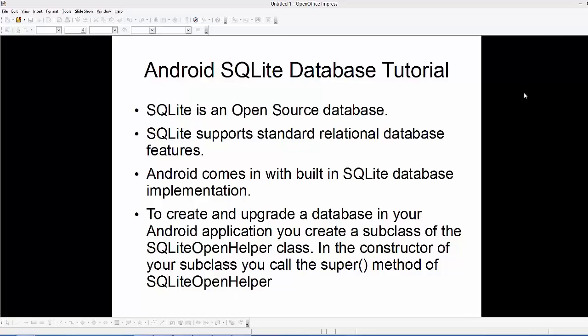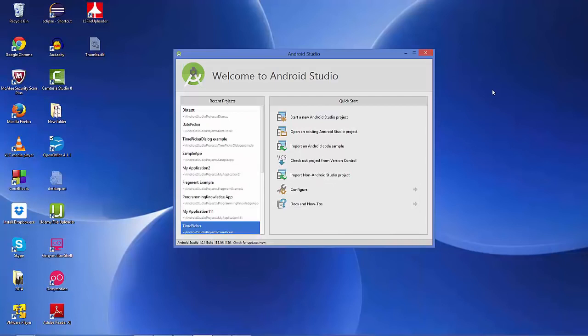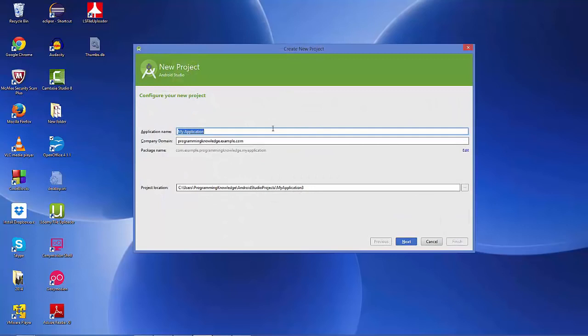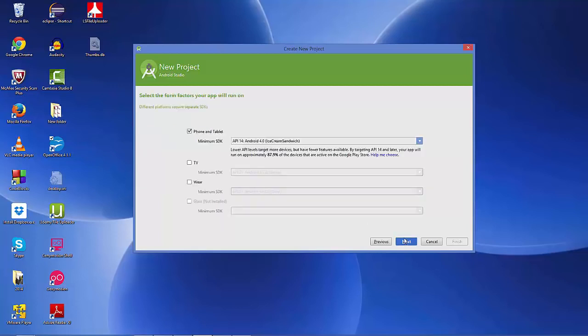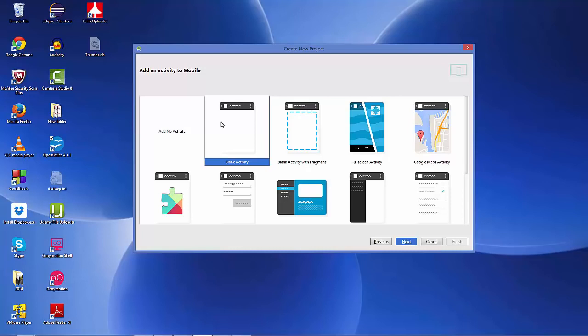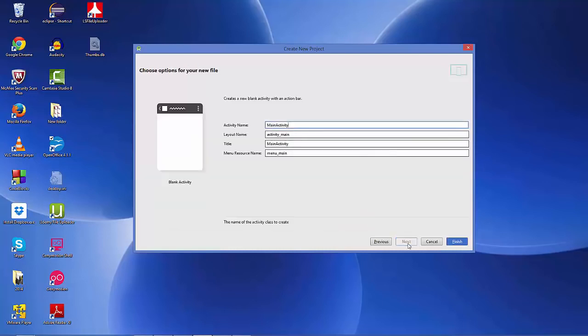Now enough of the theory. Let's go to the practical part, and let's start with creating our app from scratch. So just open your Android Studio. We are going to start a new Android application, and we will name our application SQLite app, for example, and then click next. Select your minimum SDK as you already know how to select it. Click next, and I'm going to select a blank activity, next, and main activity is okay for me,